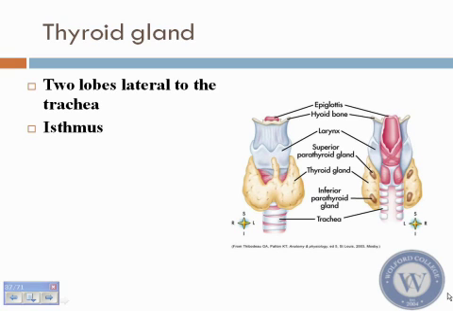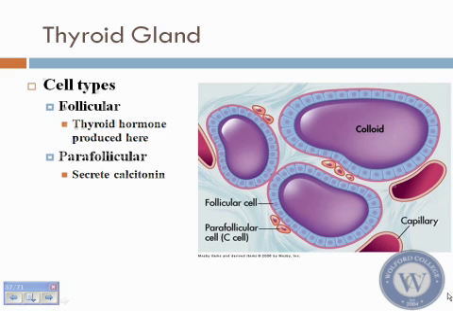The importance of this is that the parathyroid gland is in very close approximation, and if you take out the thyroid gland and you take out the parathyroid gland together, you're going to have hypoparathyroidism, which is something you may not want, and has significant effects on muscle tone.